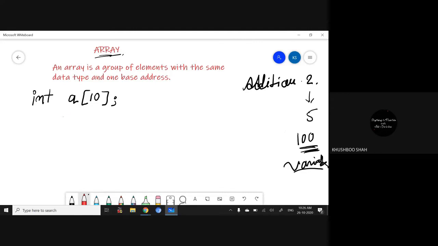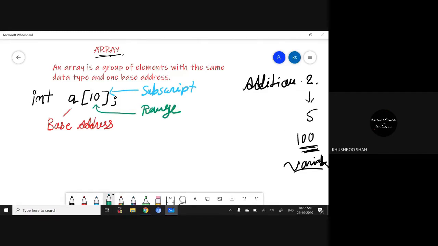So this we call the base address. Then this is the subscript, this is the range, and this is the data type, right?